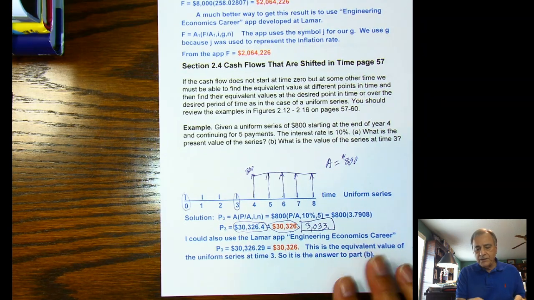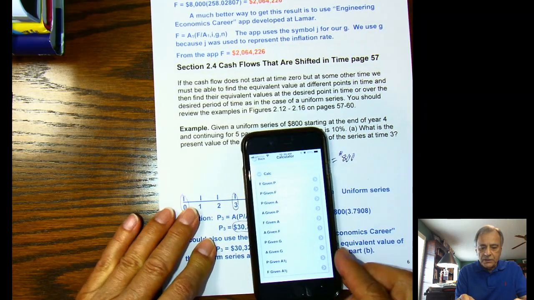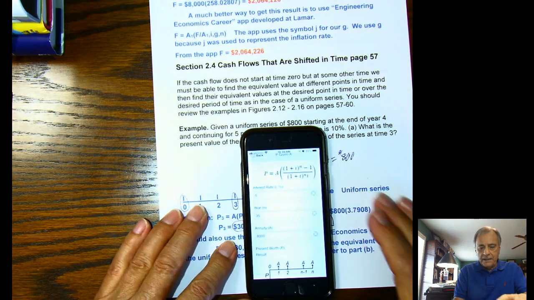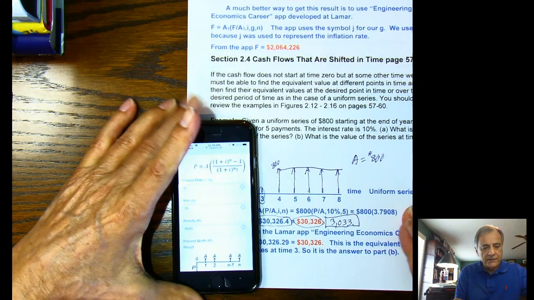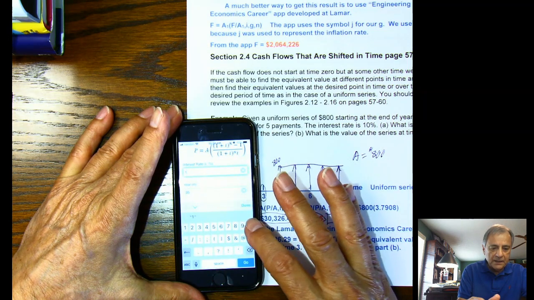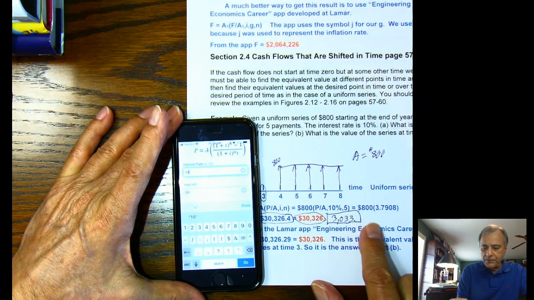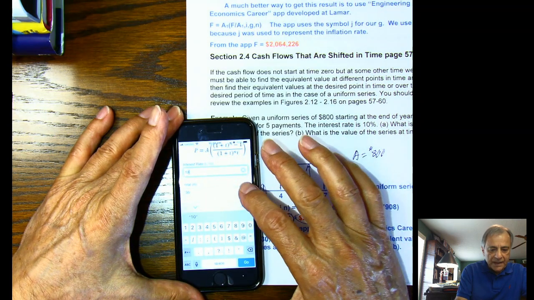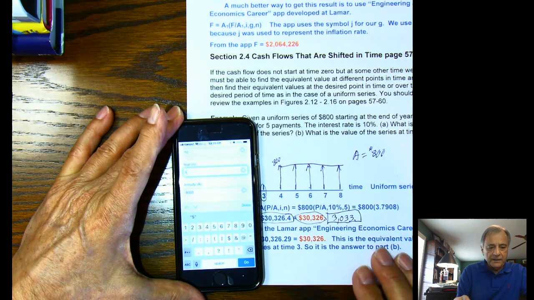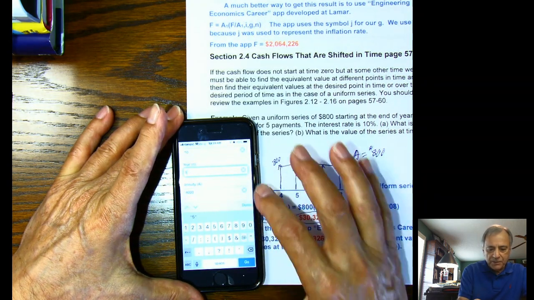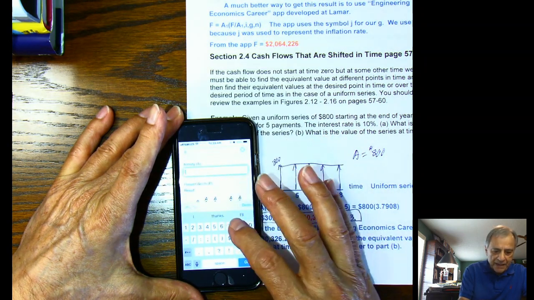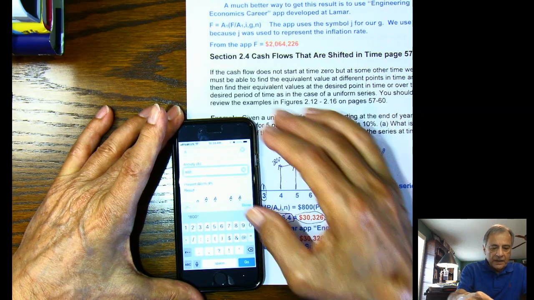And then if I look that up, I'm going to use my app to get it. This is the present value of a uniform series. So this is going to be the third one down, P given A, click on that, and let's see what my data is. I have, for the interest rate is 10%, so I'll put in 10. And for the number of cash flows or payments, that's 5. So I'll put that in. And then for my annuity, the problem was I left in the 8,000, but I need to get that out of there and put in 800. And then I do calculate,